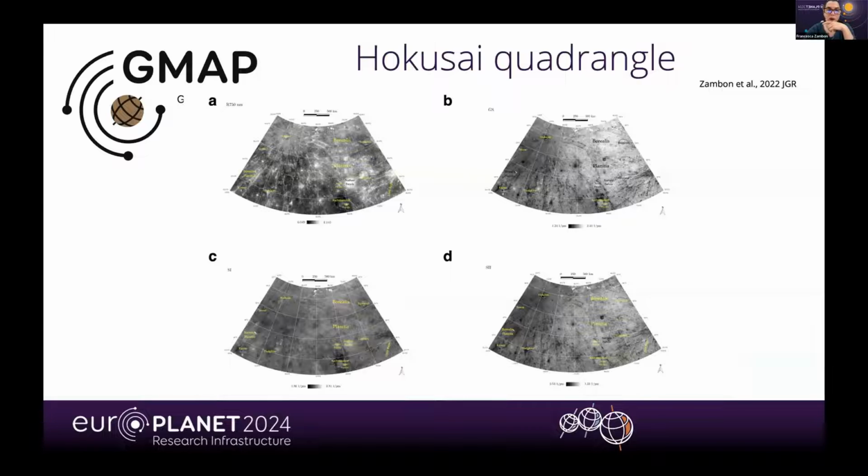This is just an example of a quadrangle of Mercury where you can see the spectral slope variation. You have the reflectance in the A panel, the global slope in the B panel, and the spectral slope in the UV range in the C panel, while you have the slope close to the infrared range in the D panel, where you see the variation, and you see that dark material and